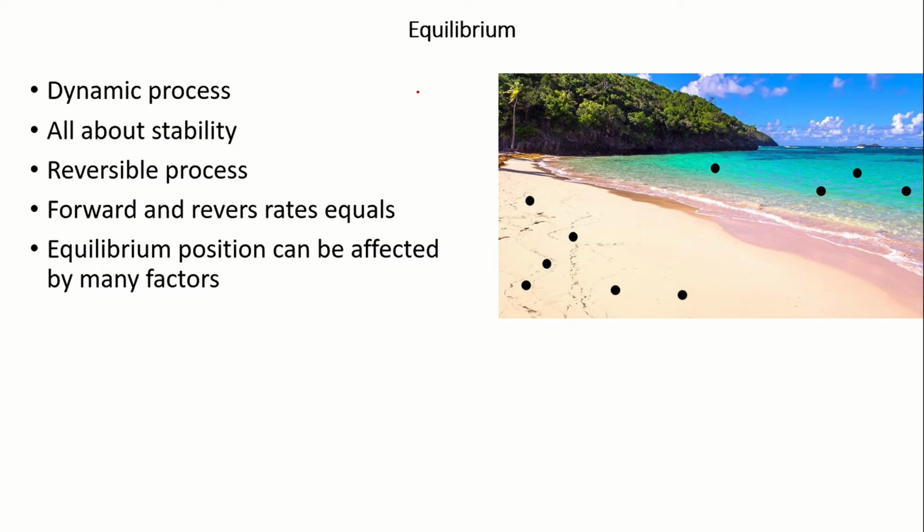For example, work-life balance. If you are maintaining a work-life balance, does that mean nothing is happening in your life? No, there's a lot of things happening. But for a person looking outside, it may look like there's nothing happening. But it is you who know that there is a lot of things happening in your life. So this equilibrium or the balance state is actually a dynamic process. It's not static. There are a lot of things happening, only that it looks like nothing is happening. So, very important to keep in mind, equilibrium is a dynamic process.